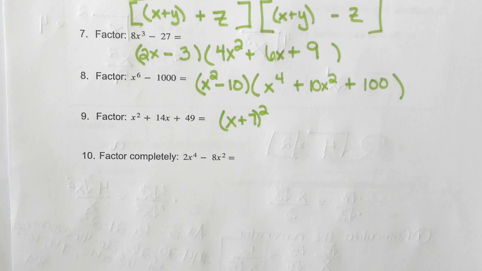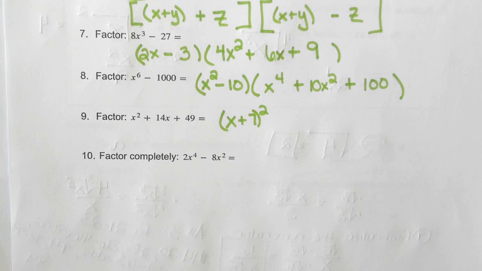And now at the beginning of the year, it's a good time to remind you that, again, always simplify things as much as you can, whether it's a fraction, whether it's a set of parentheses. So yes, this will be x plus 7 twice, but it's more simplified for me to say it's x plus 7 squared. All right, number 10,